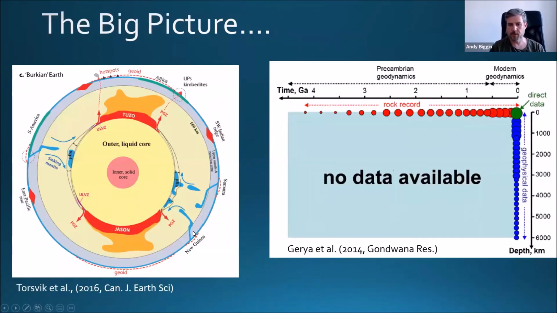Okay, so I'll start off with a big picture slide with two very big picture images on it. On the left, you've got the Earth cut in half, obviously, and this is the Burkean Earth, as it's termed by Trond Torsvik and co-workers. I should say that I'm not nailing my colours to any particular model of how the mantle operates, but this was a good example to illustrate the main points, which are not overly contentious,